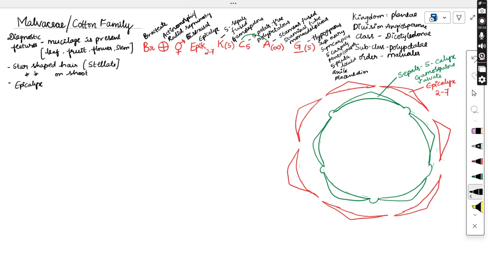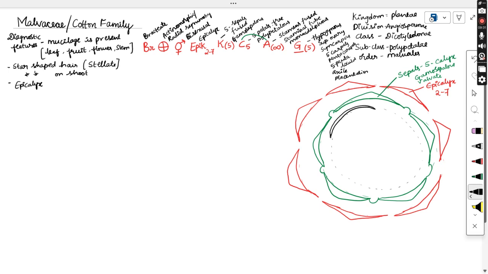Coming to the third wall, corolla. So this corolla is special. Here 5 are there, but they are of the free condition. So polypetalous, and the type of estivation they will be showing is the twisted type of estivation. So twisted in the sense one margin is overlapping the other margin and other end is overlapped by other. So if you are just trying to draw, first one petal will be there, one. Whatever the margin of this petal, one end will be overlapping the other end, and other end is overlapped by